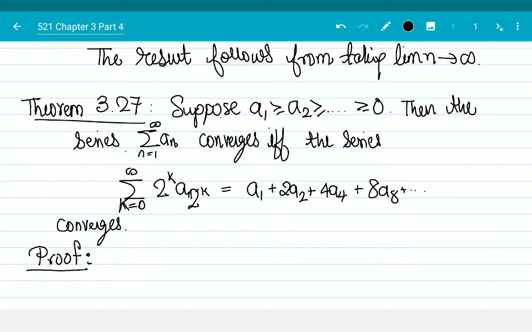So because this is a monotonically decreasing sequence, I can look at the boundedness of the partial sums. So let Sn be equal to a1 plus a2 plus dot dot dot up to an, and let tk